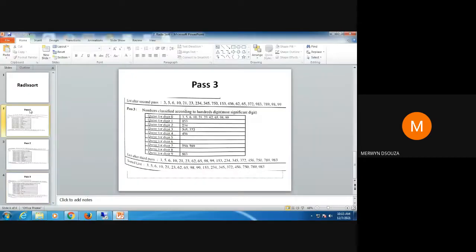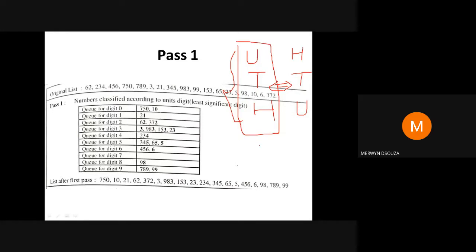One of the most common questions that students ask me is, we started in the first pass with the units place, then we went in the second pass to the tens place, then we went to the hundreds place. Can we start with the hundreds place first, then go to the tens place, then the units place? Is both of this possible? Normally it is possible, you can do it, but most of the textbooks, and the textbook that we are referring to, follow this. So we are going to solve using this method only, wherein we go to the units place, then the tens place, and then the hundreds place. We're not going to start from here.